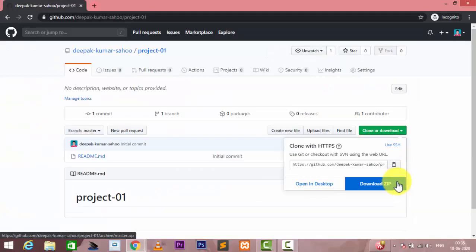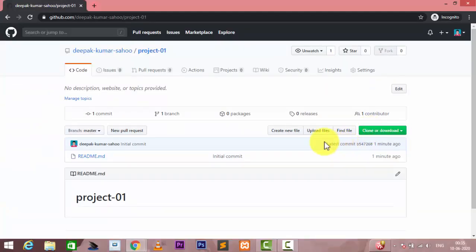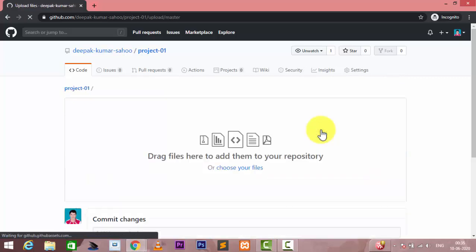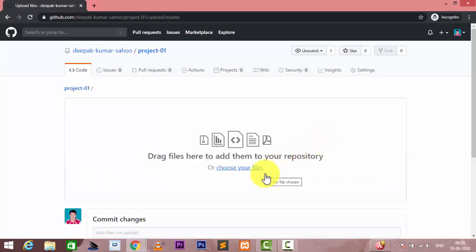Again we go here. If you want to push it, you can create a new file or you can upload it. So we simply upload the file. I click on upload files. Then I simply click here to choose a file.